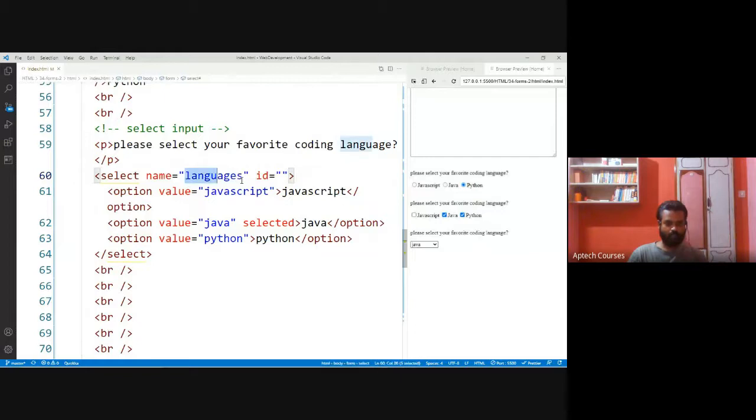Name is equal to languages. Now inside the select tag, we have so many options. JavaScript, Java, Python, and their values.